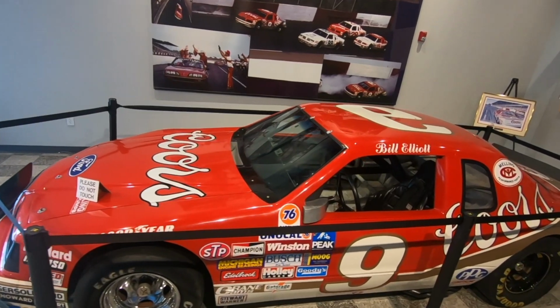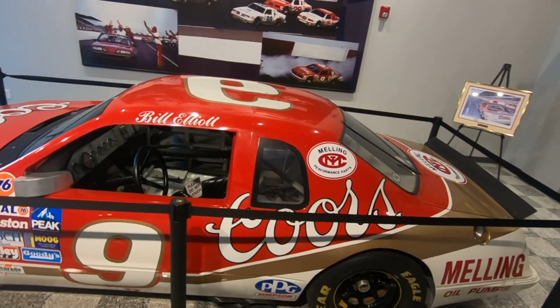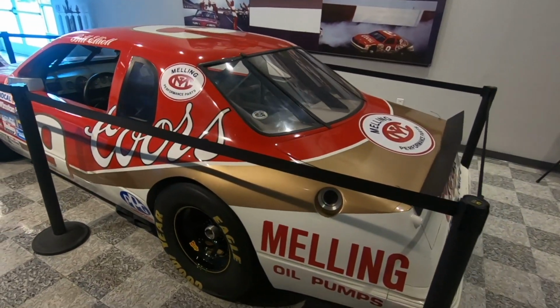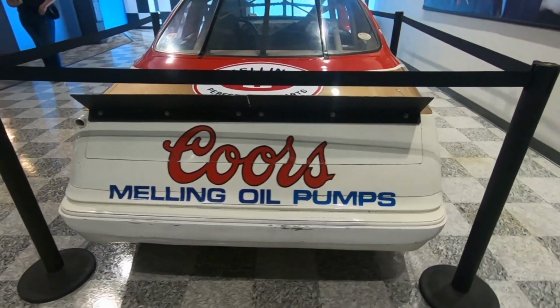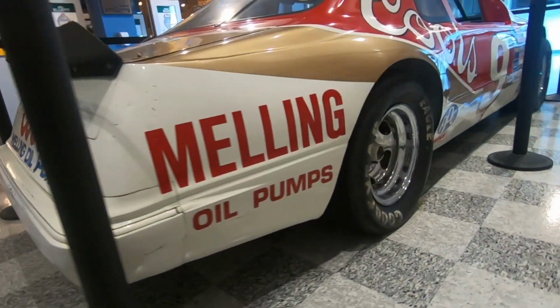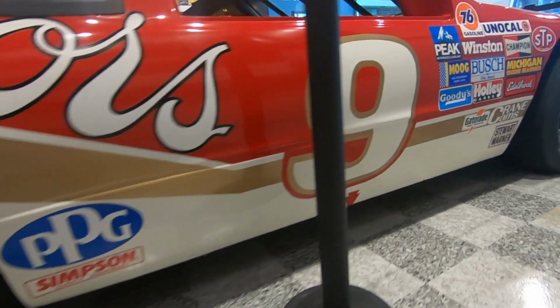And we couldn't leave out Awesome Bill from Dawsonville. In a 37-year career, Bill Elliott would have 828 starts, 44 wins, including 3 trips to victory lane in the Darlington Southern 500. And on display is the 1985 Ford Thunderbird piloted by Elliott to win the Southern 500, winning the Winston Million and earning him the nickname